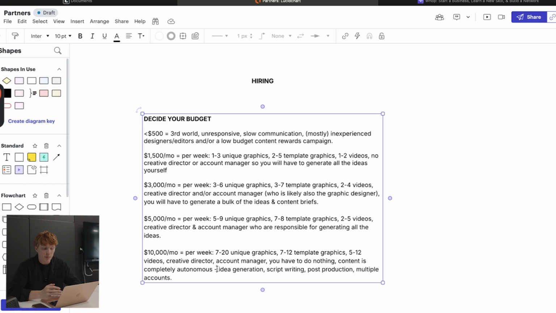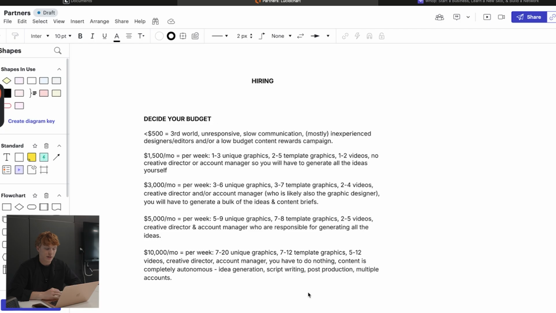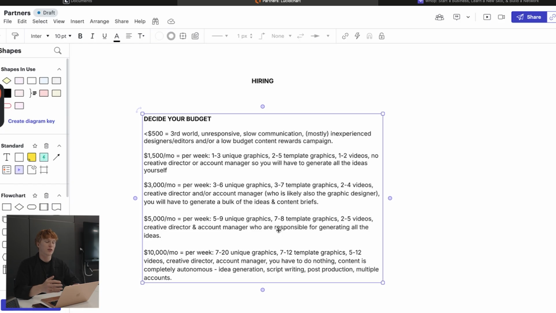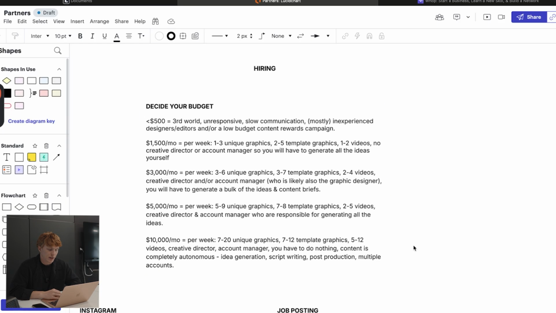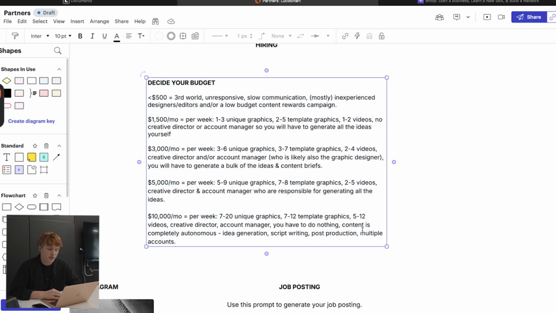At this budget as well, you can have some script writing and pre-production work done by the talent, and then that is given to your sales managers, to yourself, and then you're responsible for filming the content and all that stuff. And then you can also have multiple accounts. Say you have 5 different offices and you want each to have their own Instagram page and posting content pretty regularly. This would also be a good budget for that.